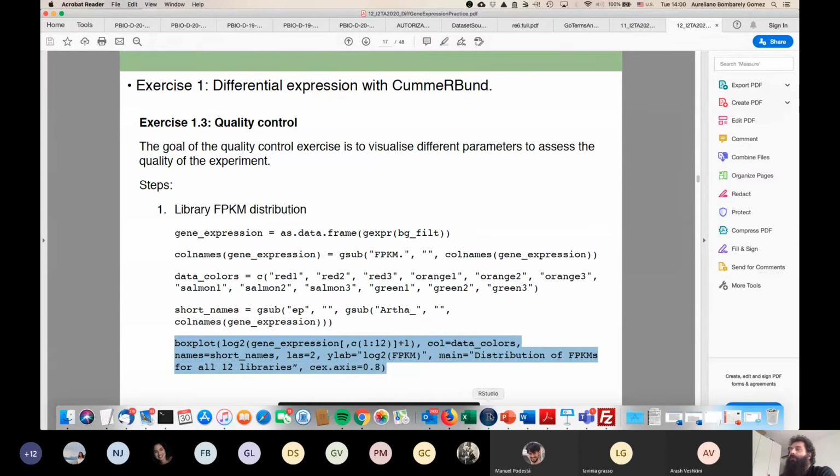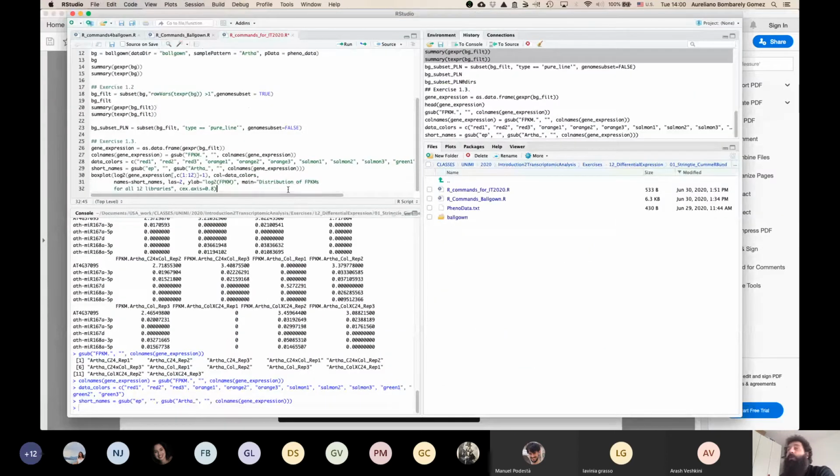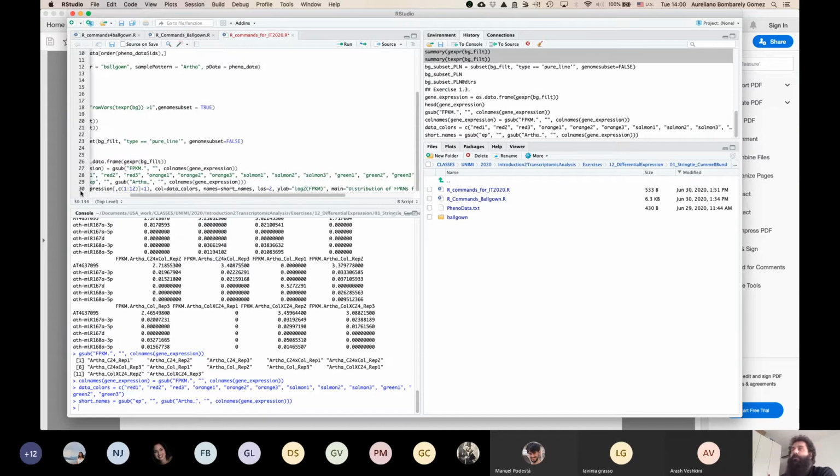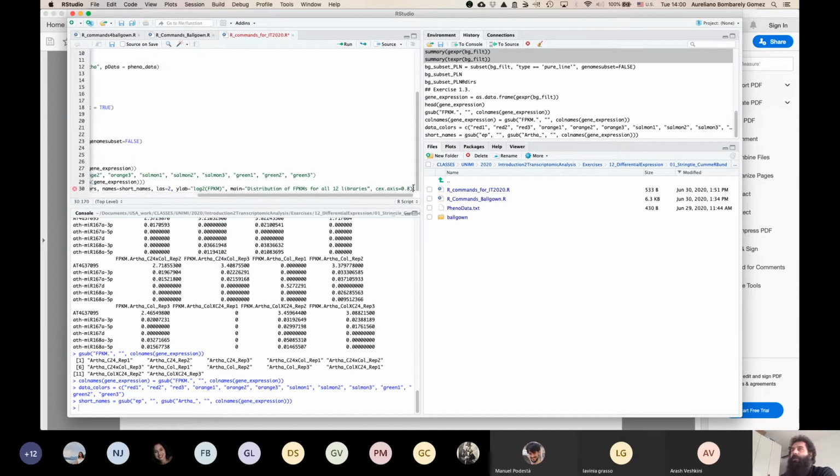For all of you that didn't use box plots before, I really like box plots because they can show you a distribution, okay? So each of the items that you see in the box plot means a percentage of the samples. So,